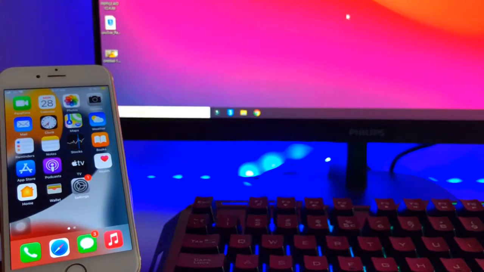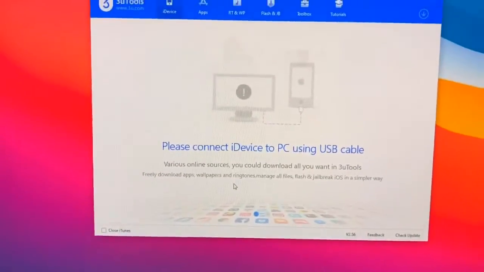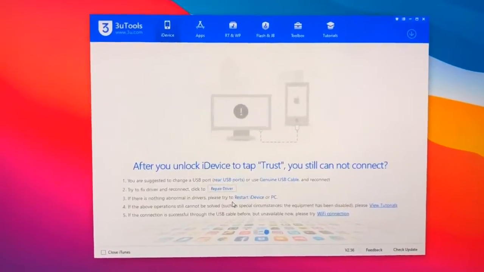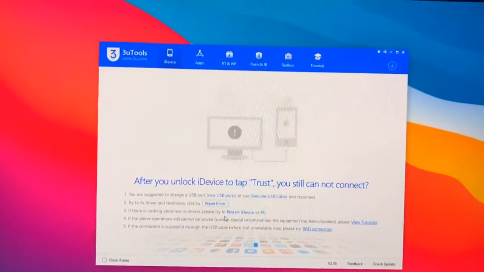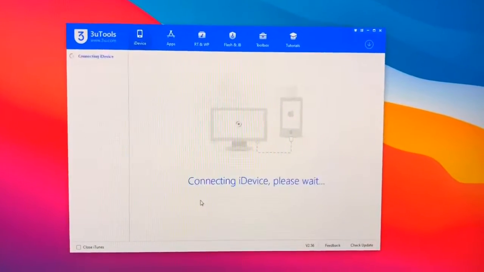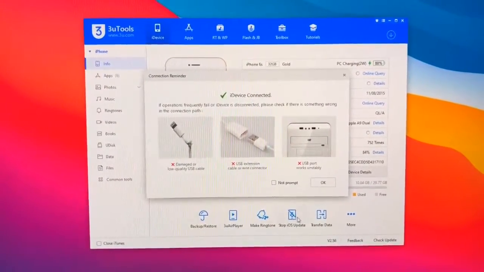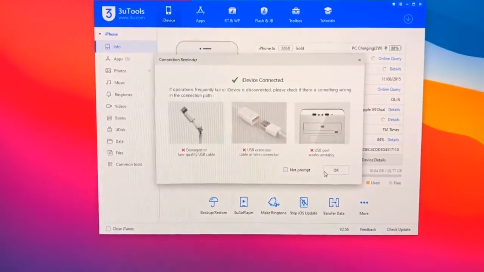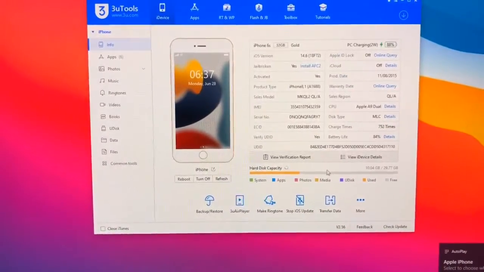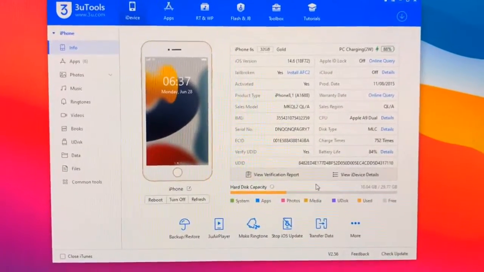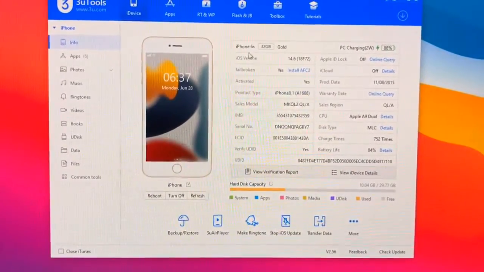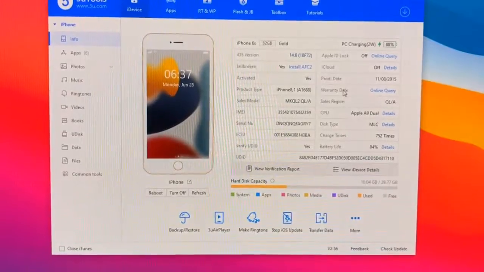Just let me show you this software. You guys can see here, this is the software. You just need to connect your iPhone with this computer, with this software here, or just connect your iPhone with your PC. You just need to download this software from 3u.com. This is the website, and this software is less than 100 MB, and this is the best software I think for iPhones. Who are having iPhone, they must install this software in your computer also. You guys can see here, it just shows all the information about the iPhones.